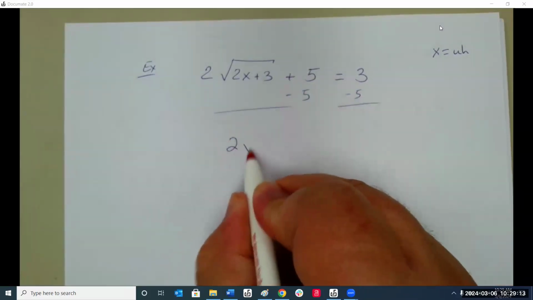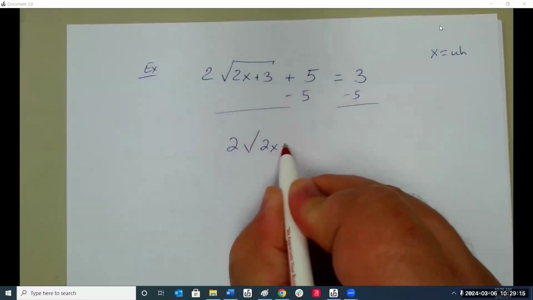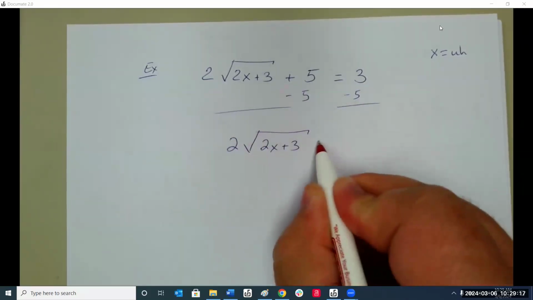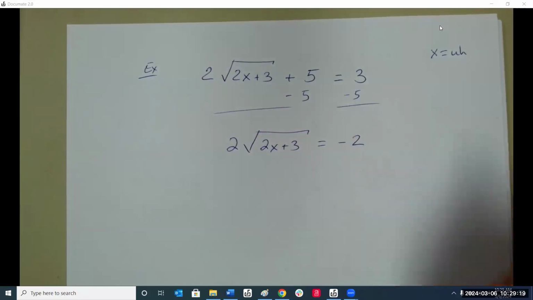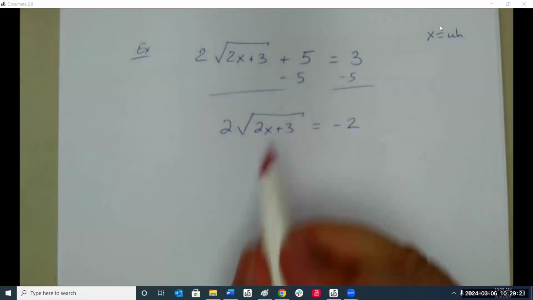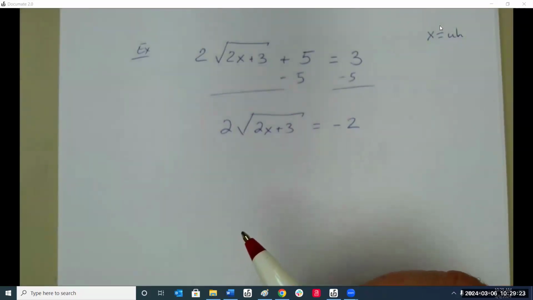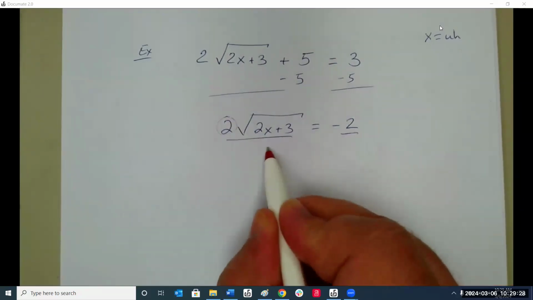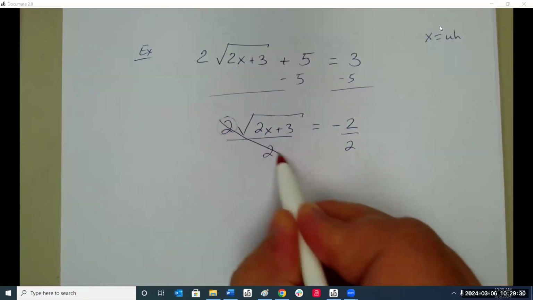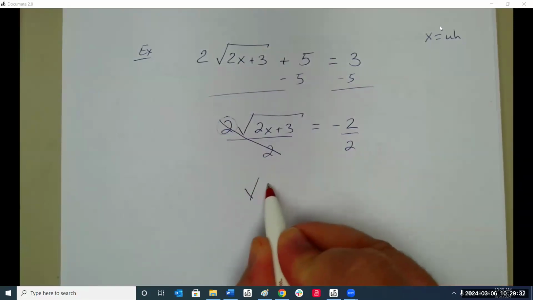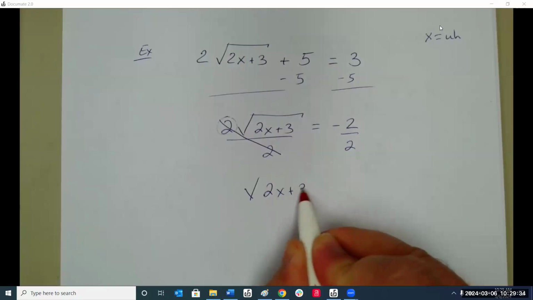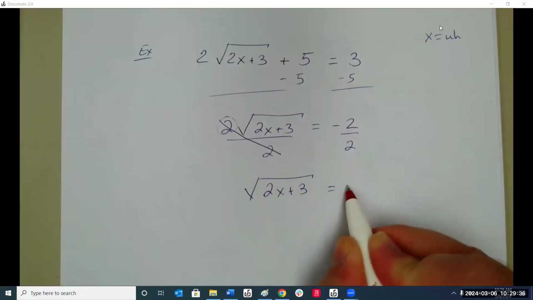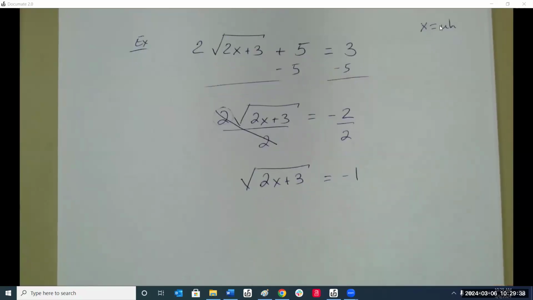So we have 2 times square root of 2x plus 3 equals -2. Then divide by 2. Get rid of the coefficient. Then